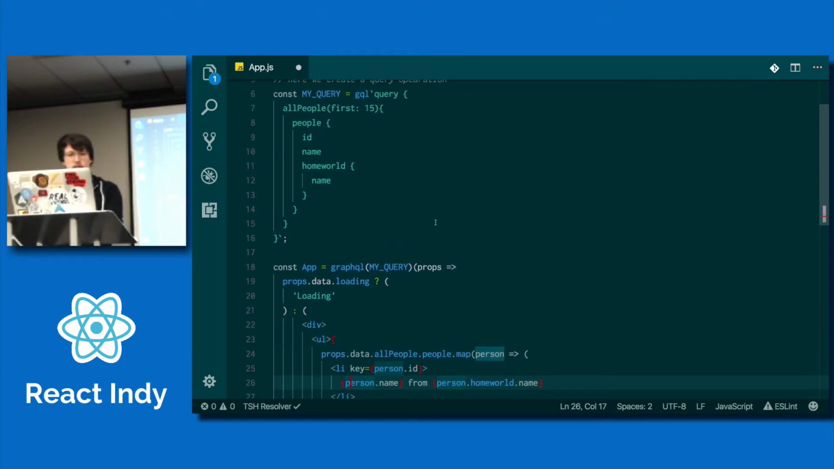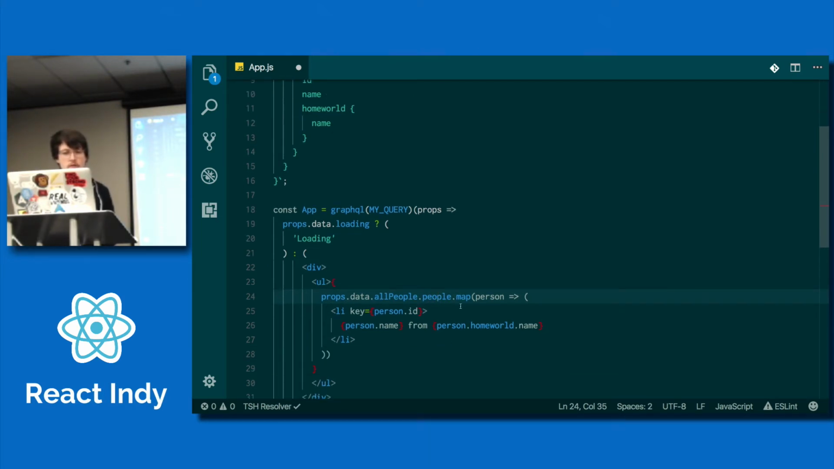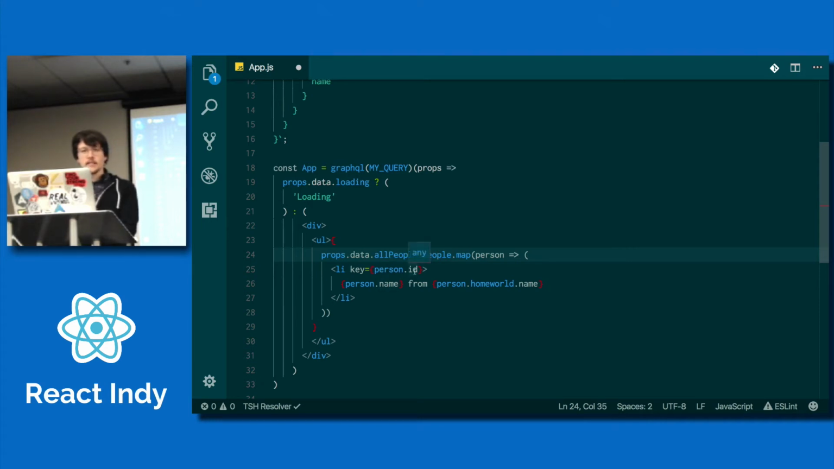And you can see that the shape that we're getting back is just like the request that we're making. So we have an all people object that has people defined here as an array of people, and we're going to map over that array and then print out a list item for each of those people that we have. We have the ID that's coming back, the name, we have their home world, and then also the name for that home world. So if we save that,